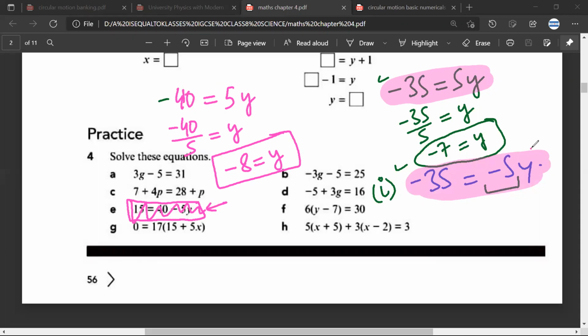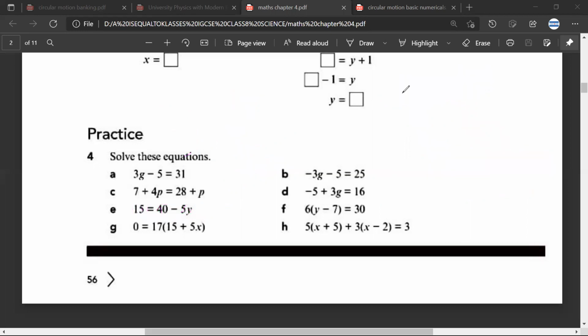It is only questions like these which are trouble. So let us try to understand how to do questions like these. So for example, if I have minus 40 is equal to minus 5y. See, one of the simple things that you can do is you can change the positions. I can bring my minus 5y on the left hand side and my minus 40 on the right hand side. Mr. Satya, have you understood? Yes, sir. Mr. Araman, is it okay?